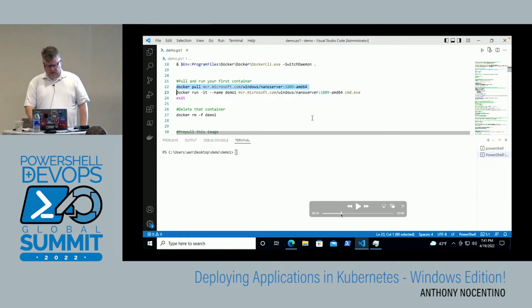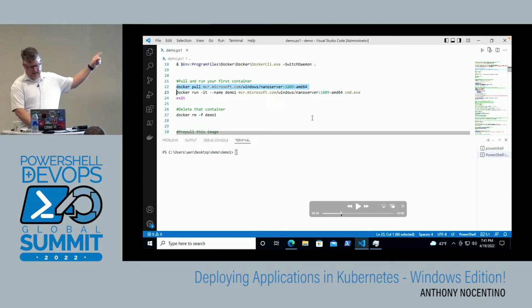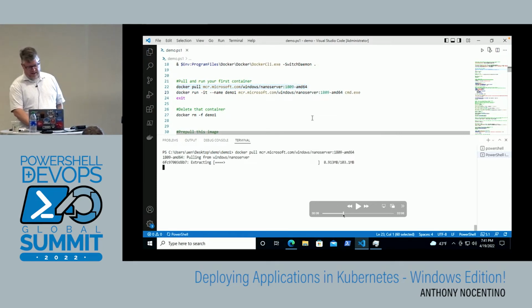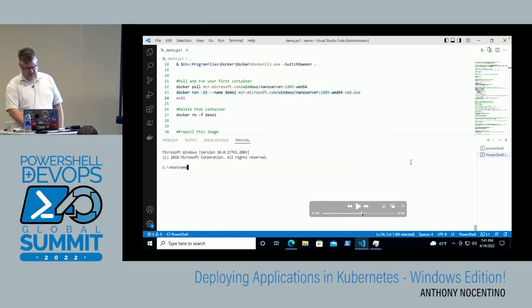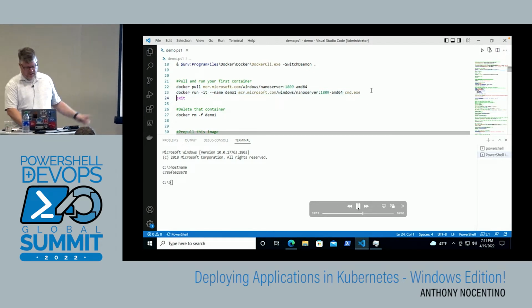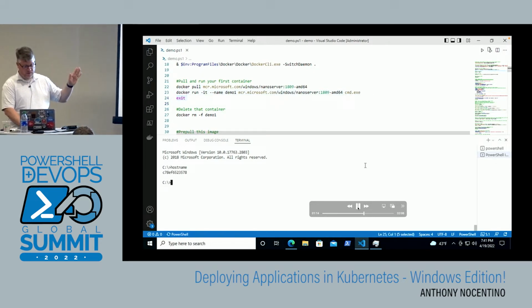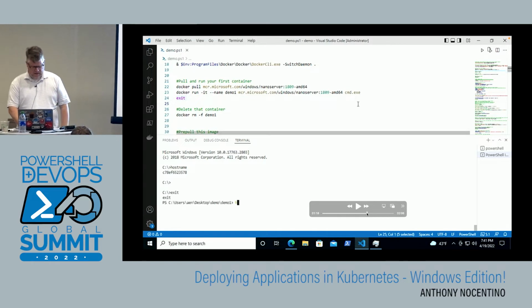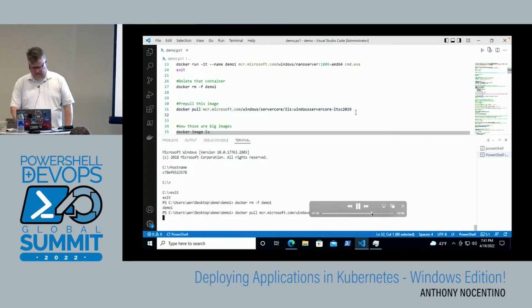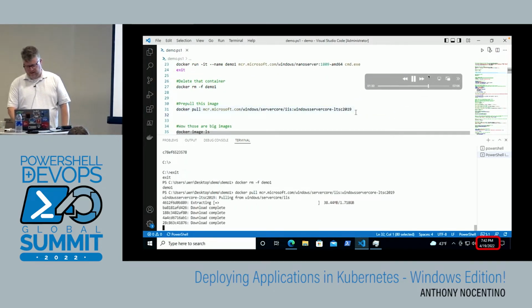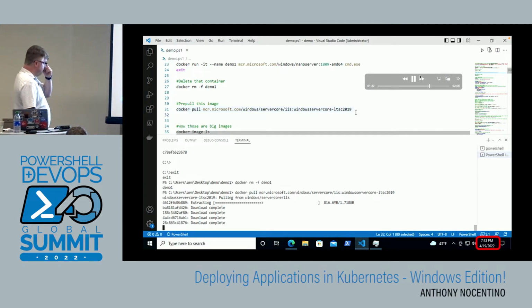So anyway, run the container. That's the first thing. Test the plumbing out, just a Nano Server container. I'm going to pull that Nano container, and it's going to pull down, and it's 103 megs, no big deal. Run that container, and the first thing you do is kind of like hello world, but just type hostname, move on, you've run a container, woohoo, right? Awesome. Remove that container. I'm going to pre-pull this container for later on,